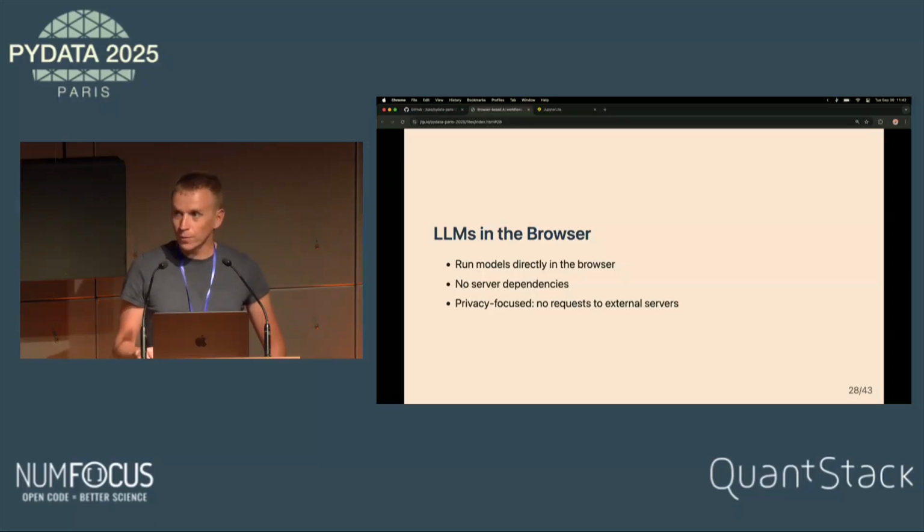Now comes the fun part with LLMs in the browser. What if we could run some models in the browser? That means no dependencies on servers, because here we're still depending on the providers, so we need to make API calls to the providers to get replies back from the LLMs. One very interesting aspect of LLMs in the browser is everything around privacy. You don't have anything that goes outside of your computer, not even outside of your browser. So it's really good if you don't want to start leaking stuff to companies in other countries.